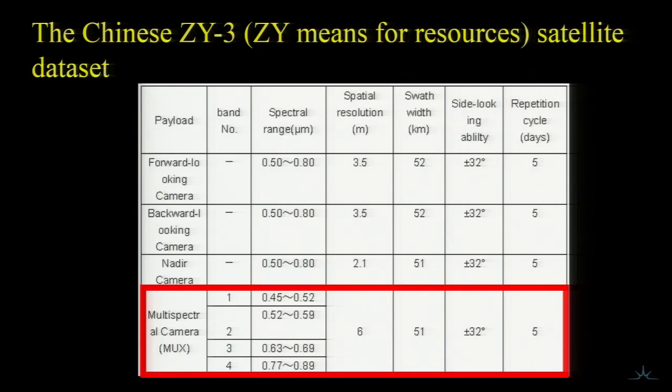So let me introduce something about the Chinese ZY3 satellite dataset. The Chinese ZY3 satellite was launched in 2012, so it's not very new. However, it has a very high spatial resolution, which is 60 meters. And also the temporal resolution is 5 days. So it has both high temporal resolution and high spatial resolution, which makes it a very perfect data source for water body extraction. However, the data we can download from the Chinese government website is just raw data,